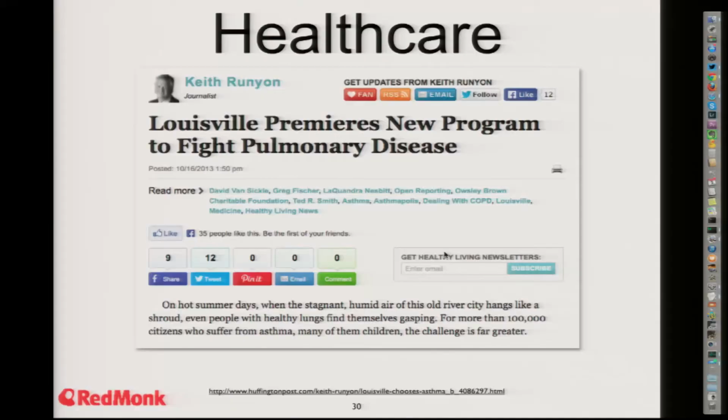They've gotten the city of Louisville in Kentucky to roll this out to all their asthma people. And they have a particular issue with pollution in Louisville because there is a 13-year difference in people's expected lifespan depending on where they live in Louisville. So you live in one place, you live 13 years less than your neighbors. So they're using this application to try and help them identify and to try and help them clean up the city of Louisville. So really interesting application there.